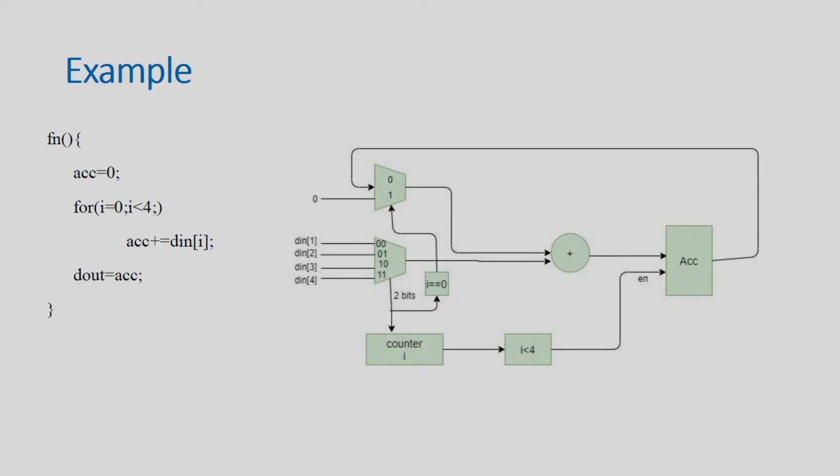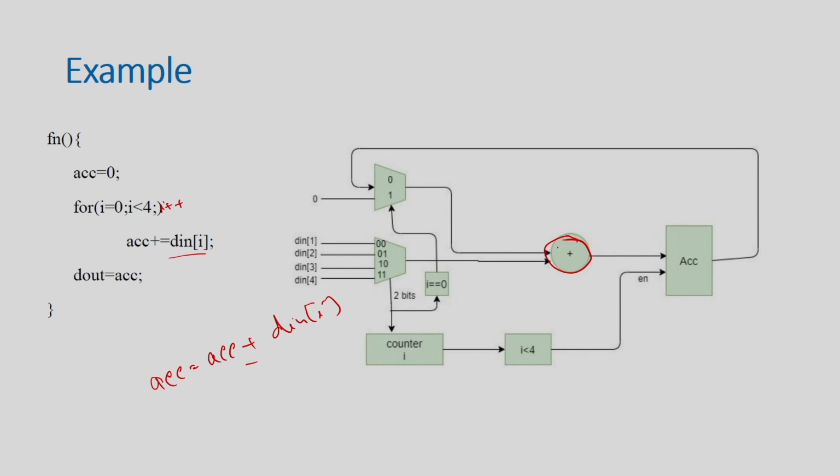Let us take an example to understand better. Say I have this loop where I am doing some accumulations of d_in, and since d_in is a small array, I am assuming it is flattened; these are actually put into registers. In every iteration, ACC equals ACC plus d_in[i]. So I need one addition operation, and that is the operation. The scheduling will take only one cycle, since I am assuming this array is split into registers.